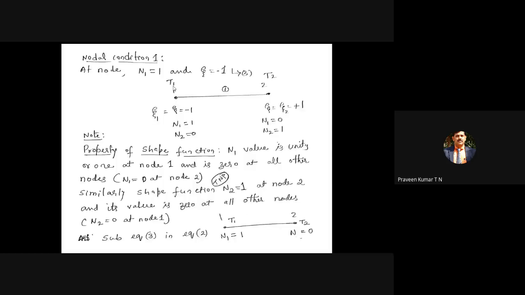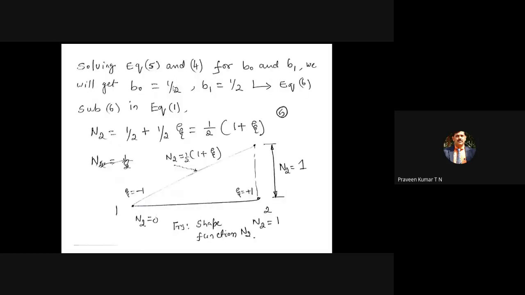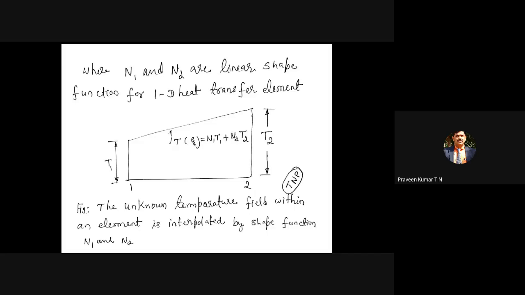Just one example before deriving, I have one plot. If you see this plot, we know the temperature at node 1 by using KT is equal to Q equation. By solving the matrix after application of the boundary condition, imagine you are getting the value of T2 at node 2. Suppose this point is xi is equal to -1. At node 2, xi is equal to +1. We know the temperature at xi is equal to -1 and at xi is equal to +1. So what will be the temperature at xi is equal to 0, exactly at midpoint?